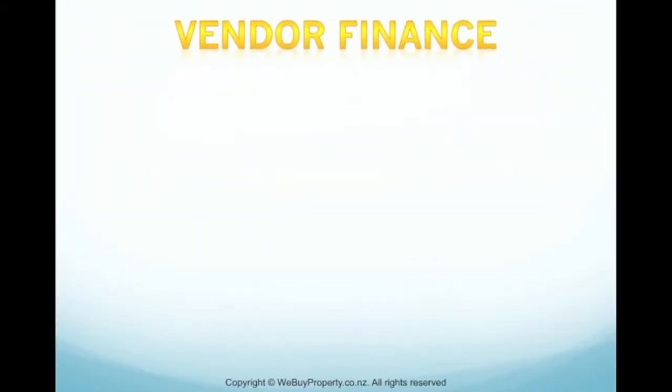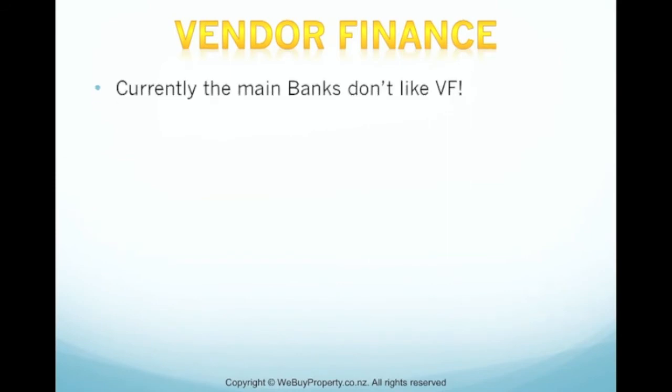Vendor finance, or seller finance. Currently, the main banks in New Zealand don't like vendor finance. I've spoken to my ANZ commercial banking manager, who I deal with regularly, and they inquired a bit further up the chain. They came back advising the bank will not entertain a vendor finance transaction. They are not looking at it favorably, and I think personally that the only way to find out would be to challenge it with the sale and purchase agreement, which has the appropriate clauses inside,